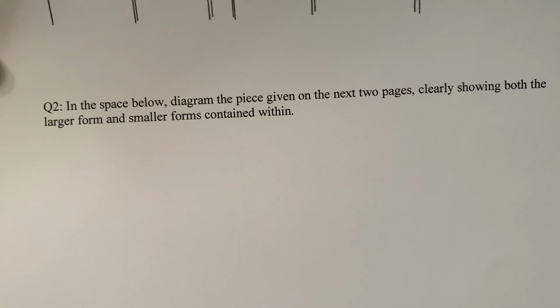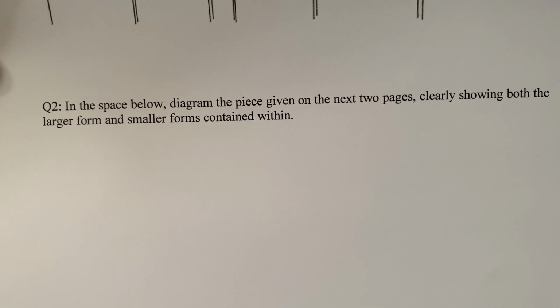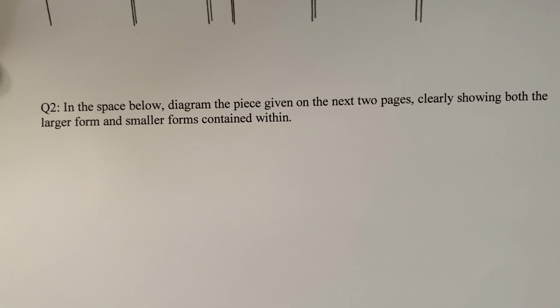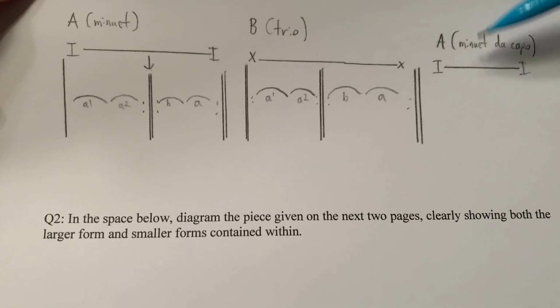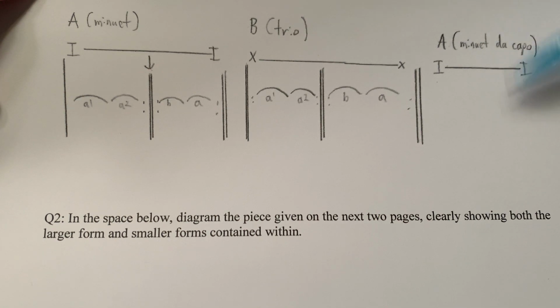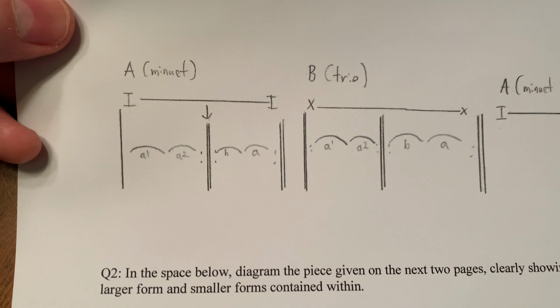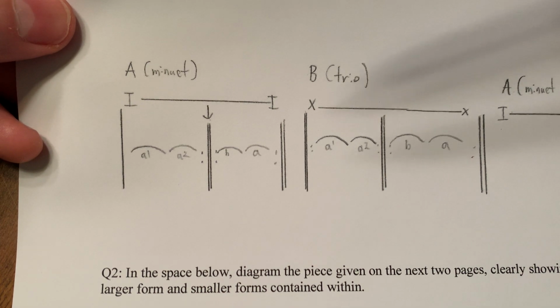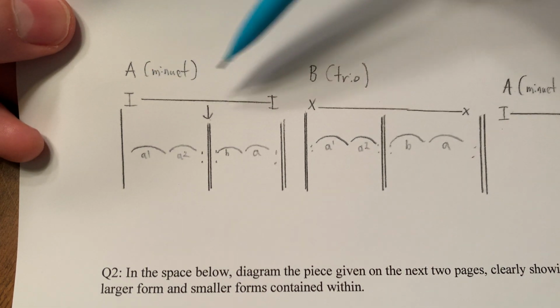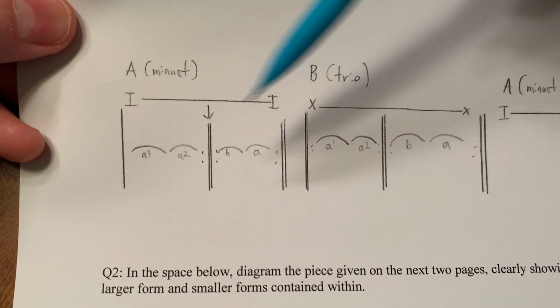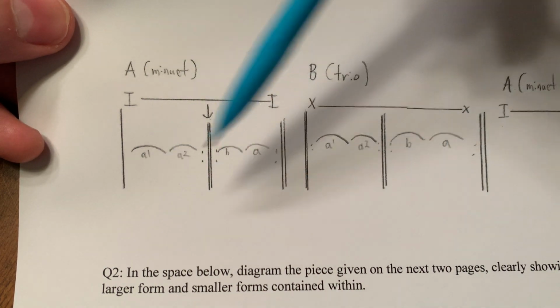All right, so what I want you to do now is I've given you another piece, this one by Beethoven, on the next 2 pages. And same deal, I want you to give me a diagram. You don't need to diagram the minuet da capo, since that's just going to be a repeat. But give me a detailed diagram of both the minuet and the trio. Kind of like in this format, have the larger keys above it, and then below it, do the detailed diagramming